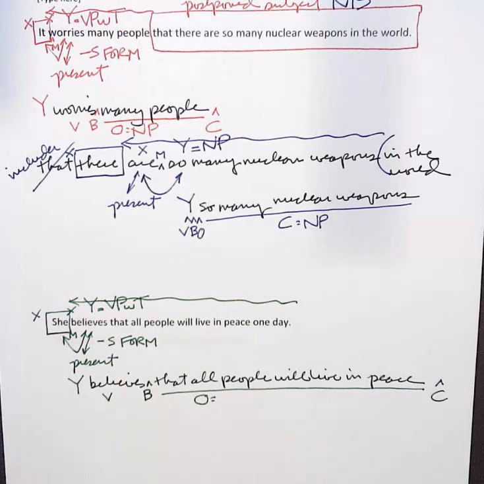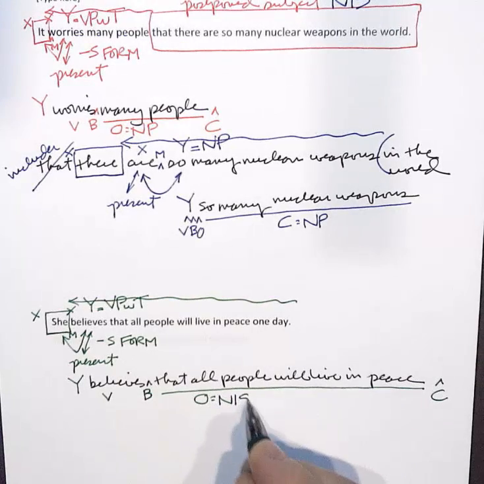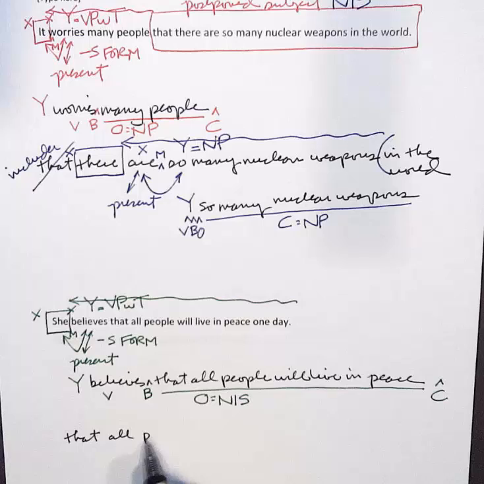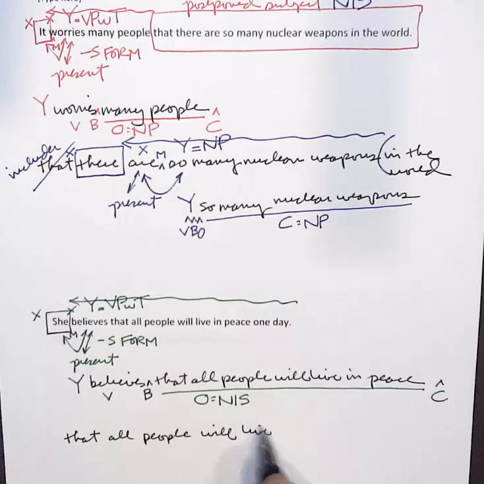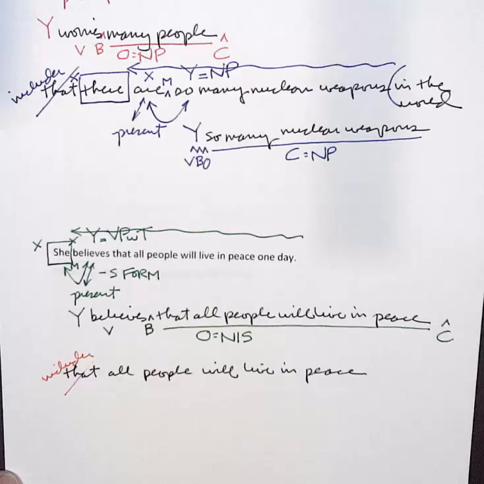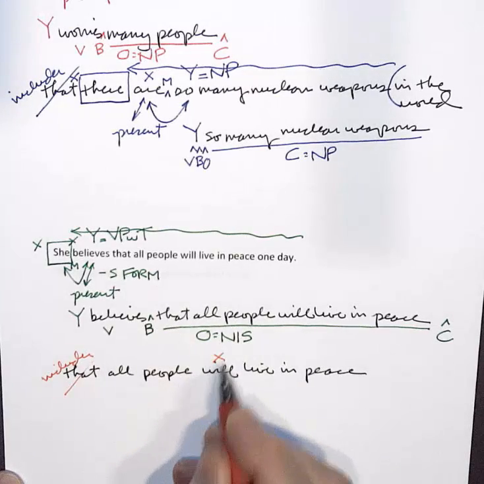Now, what kind of object do we have? It's a nominal included sentence. So let's rewrite that. That all people will live in peace. And let's see what this sentence looks like. Okay, and let me change colors here so they stand out from each other. That is the includer. Will is the X word. Oh, now,